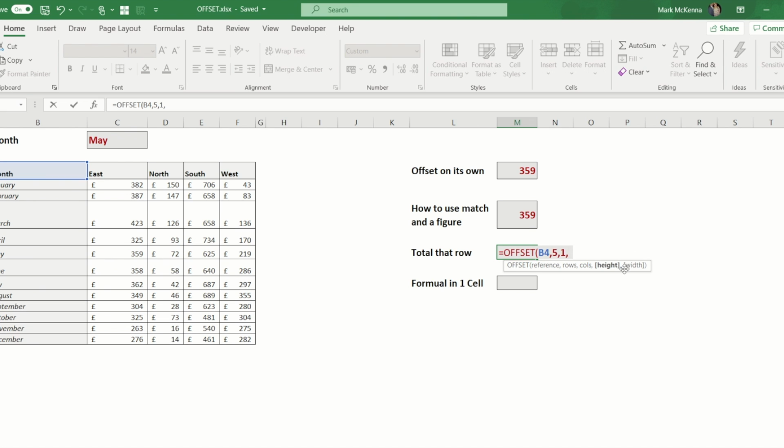But what I can add in now is these optional fields. I can tell it how high that needs to be. So is that 1 row, 2 rows, 3 rows and 4 rows, or how wide it can be as well. So is that 1 column, 2 columns, 3 columns, 4 columns. So if I say I just want the 1 row in height, but I want 4 cells in width, when